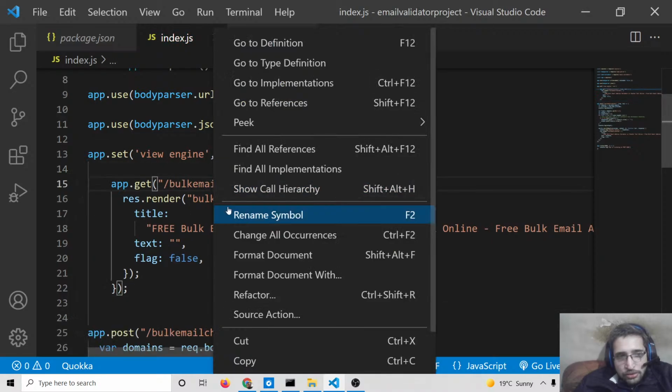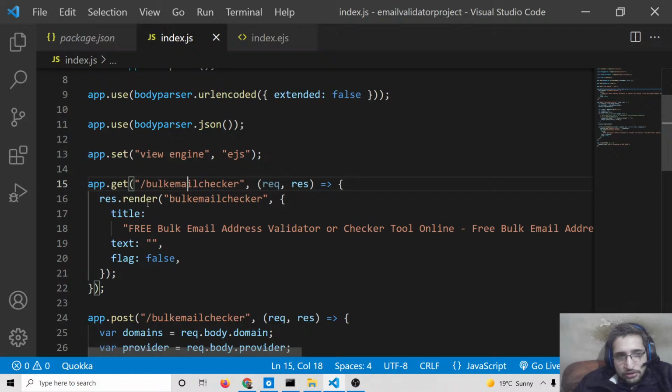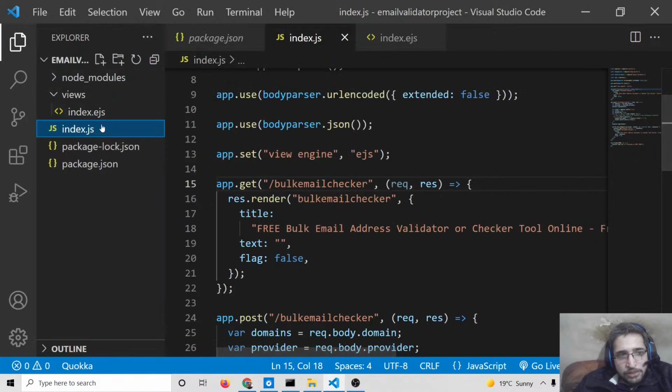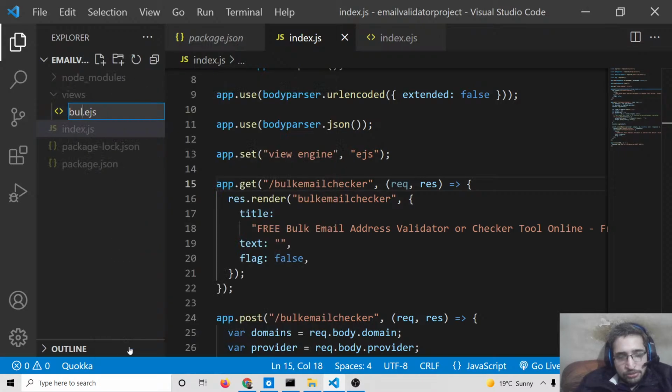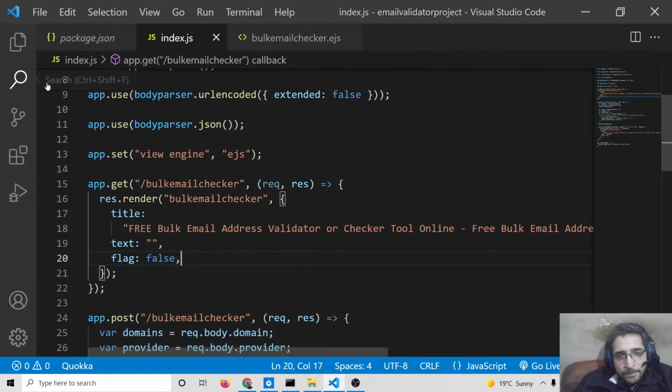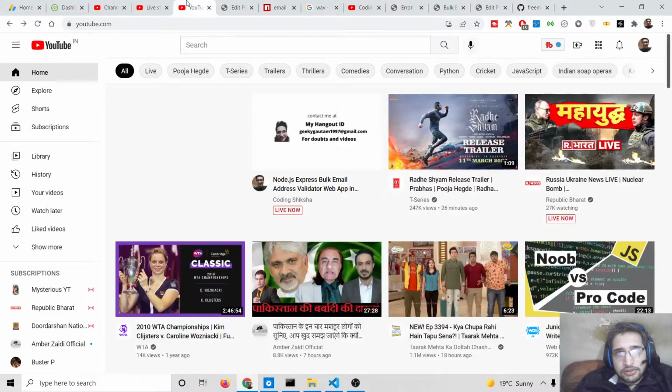So when we go to bulk email checker, it will have this. Let me rename this to bulk email checker instead of index. So here we need to rename it as bulk email checker. You can see that. So now if I refresh it,